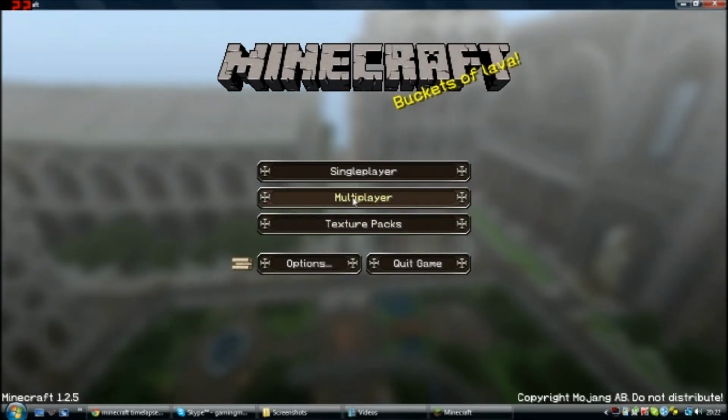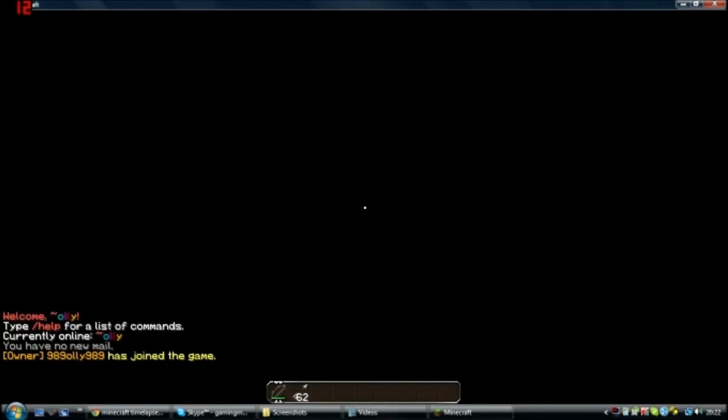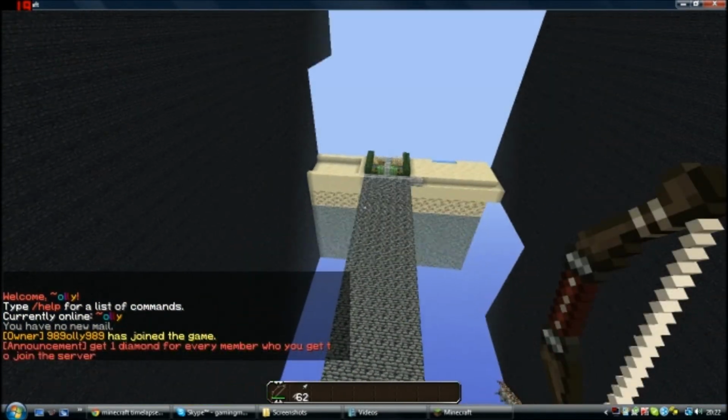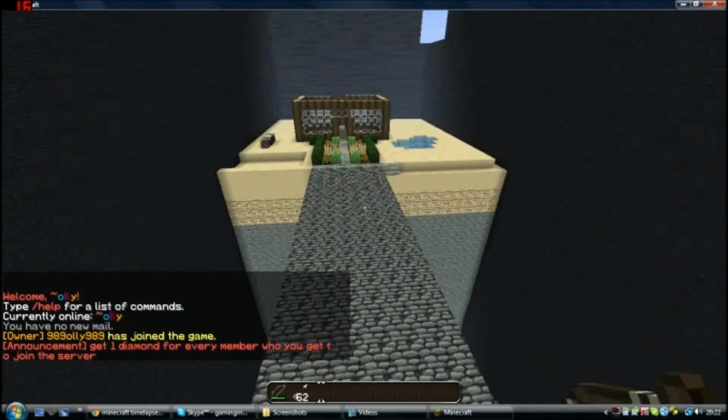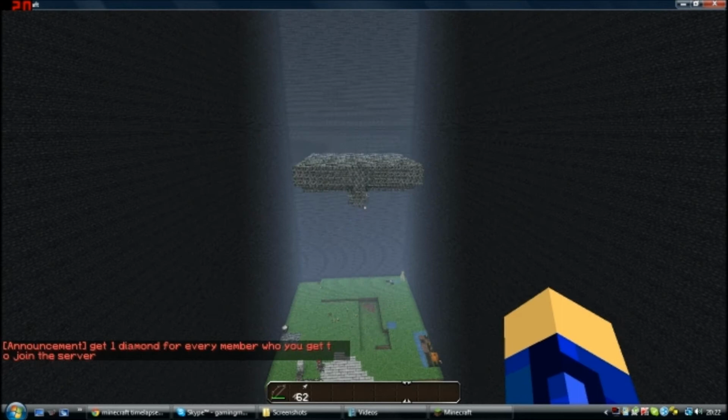And here we are. Okay, so in our multiplayer, we're gonna go onto my server. Oh yeah, and guess where we are? We're on a map that I was doing. Anyway, so